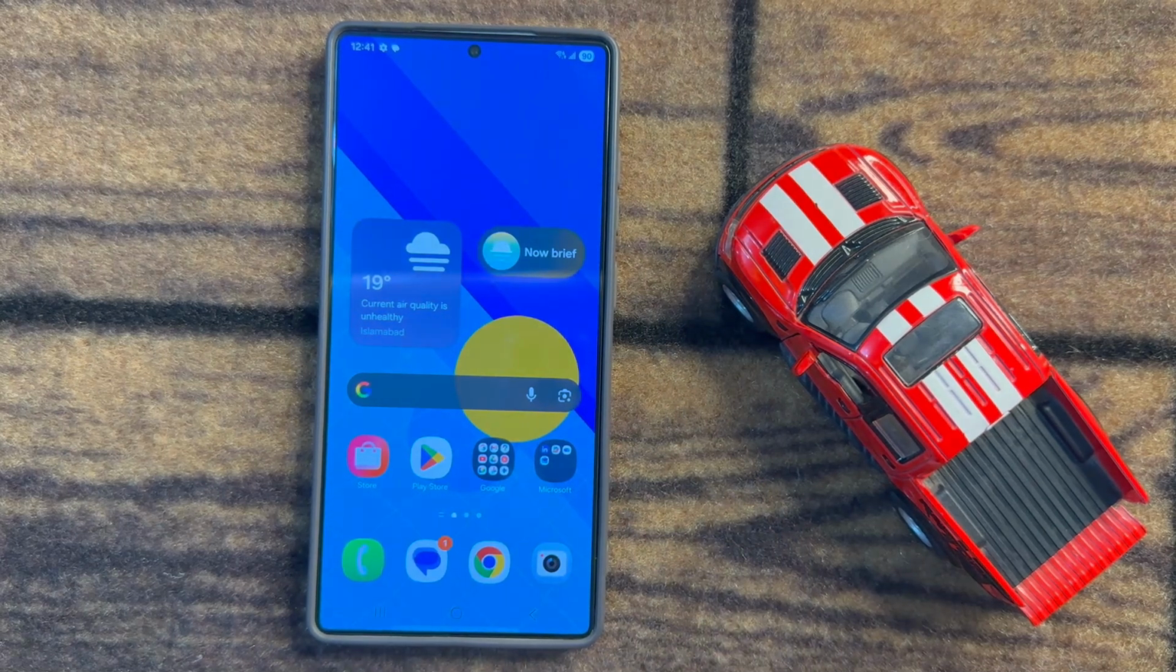So that's how you can fix gaming app not showing on the home screen or app screen on